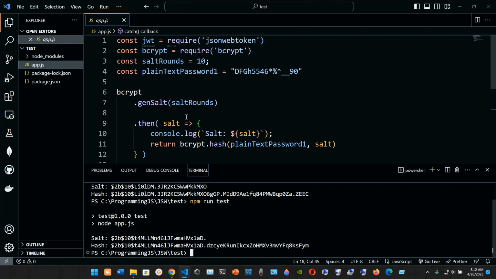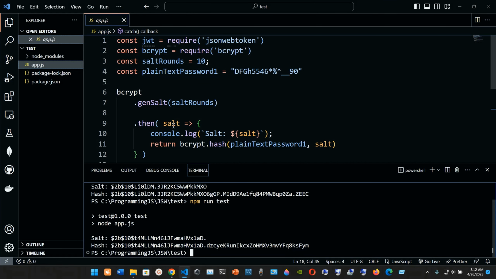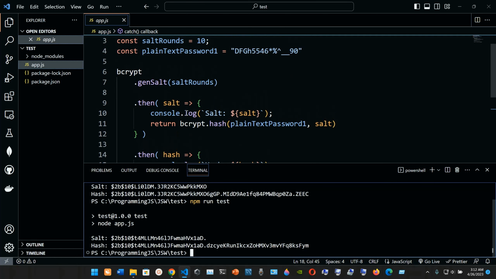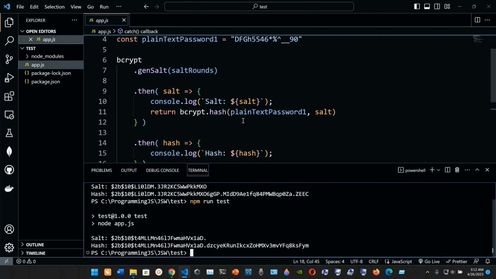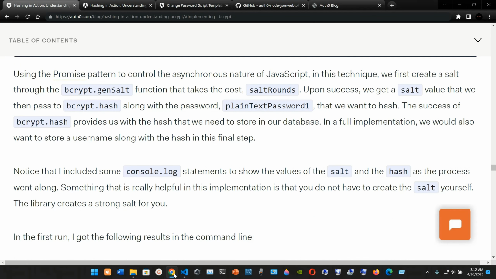So we go into the bcrypt.hash, where is that? bcrypt.hash. Okay, bcrypt.hash, and we pass in the plaintext password 1 and then the salt. So what else do we have here that we want to hash? Okay, the success of the bcrypt.hash provides us with the hash that we need to store in our DB,